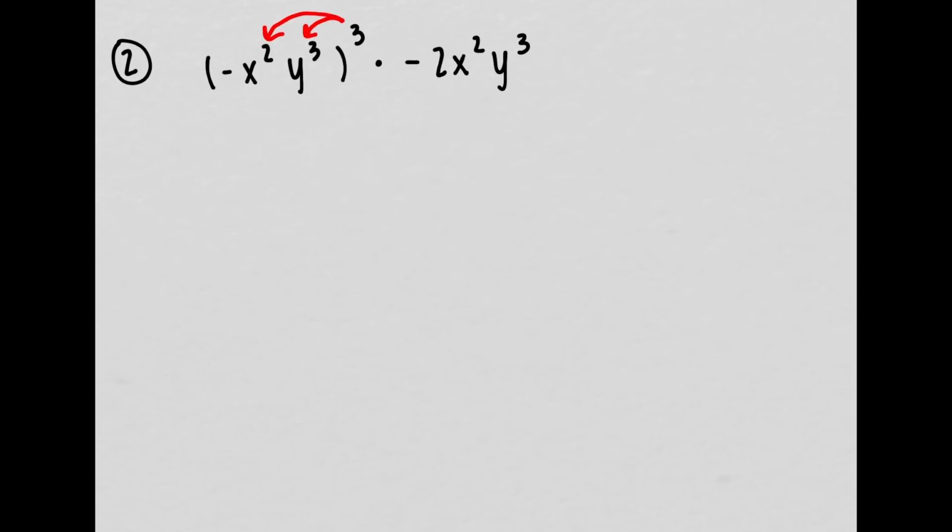And when we told you you're doing a power to a power, we multiply the exponents. So I now have negative x to the 2 times 3. I take the squared it already has and multiply it by the 3 on the outside. And that gives me 6. And I have y, I take the 3 it already has and multiply it by the 3 on the outside. So that gives me 9. I didn't do anything with the second part, so I am just going to rewrite it, negative 2x squared y